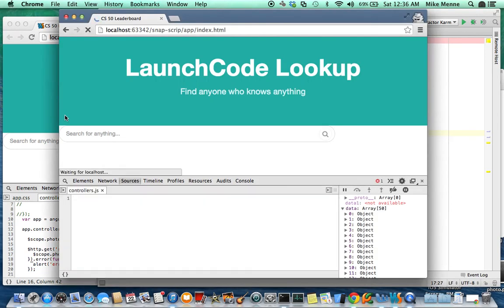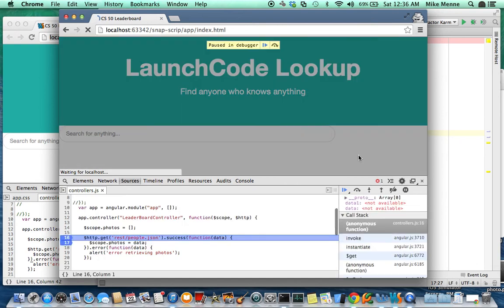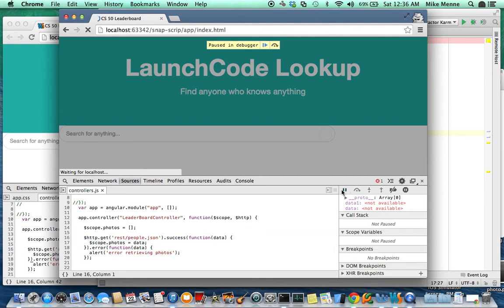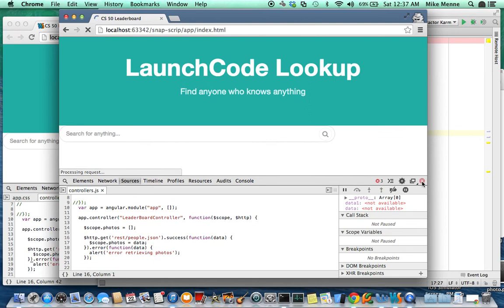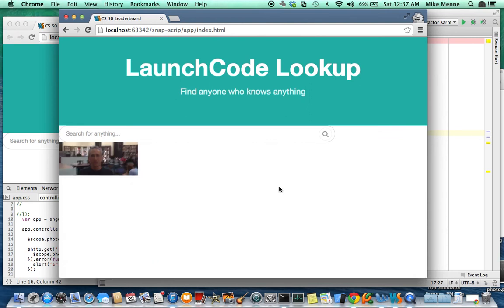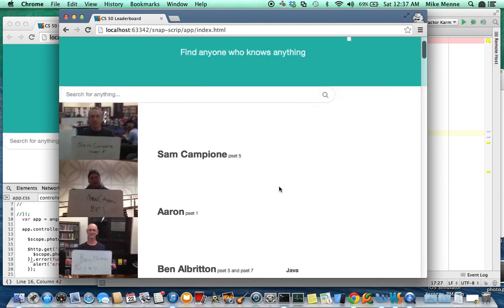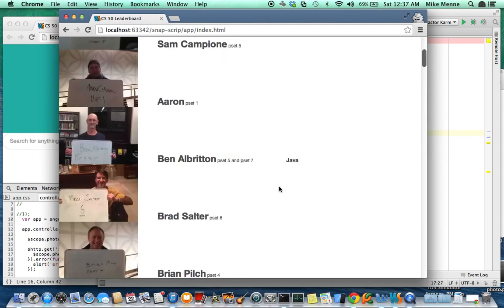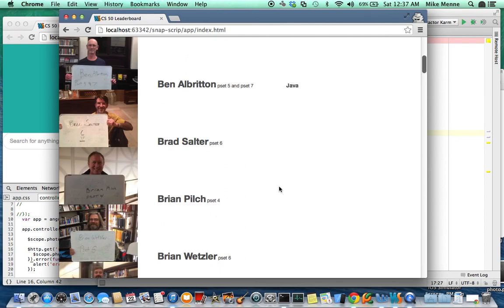Refresh. I'm hitting my variables again. I can get rid of these. So I think we have the issue fixed. There we go. All the pictures are showing up. The JavaScript has been fixed, and that is how you debug